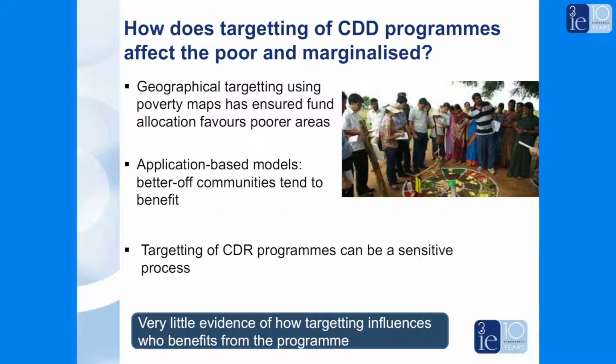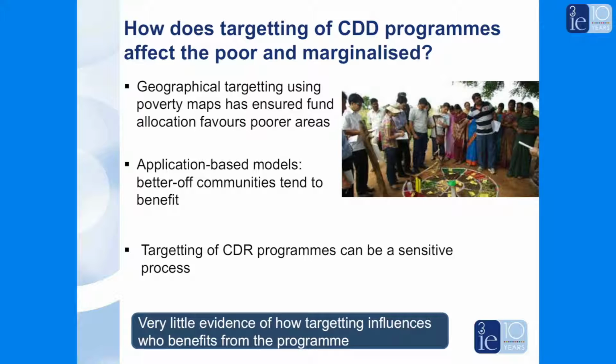There's geographic targeting, so a lot of programs use geographic targeting methods like poverty maps. So it may lead to a better allocation of resources to poorer areas, but not the poorest within those areas. The application model, so you find that the elite take charge because you have to apply for the program. So those who have skills would put together a proposal, they may use their status, wealth, or education to influence community decision making. So teachers in Zambia, for instance, took a lead role. And not surprisingly, a lot of the funds went to school rehabilitation.